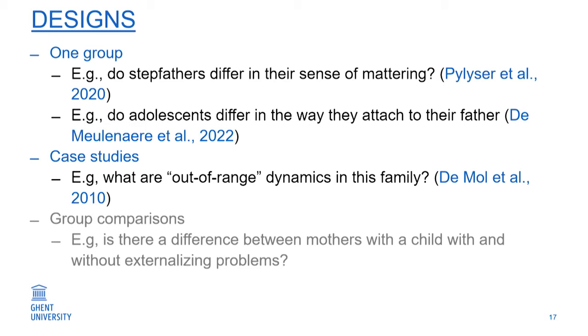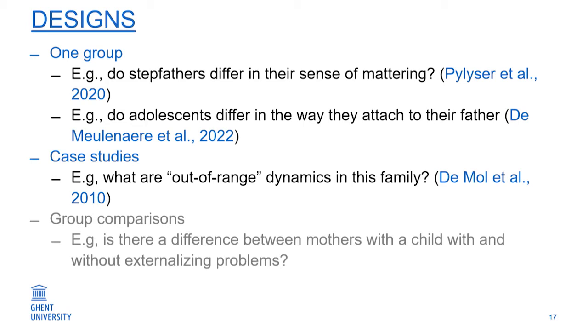And then there is a very interesting study that Jan actually did for his PhD. If you have a group of, say, 50 families, you know the dynamics in that group, you know what the variances are there, and then you have one very specific family. For instance, here it's a clinical family, with lots of problems. And then you can see whether this family differs from the general tendencies in the normative sample. So I'll give you also an example.